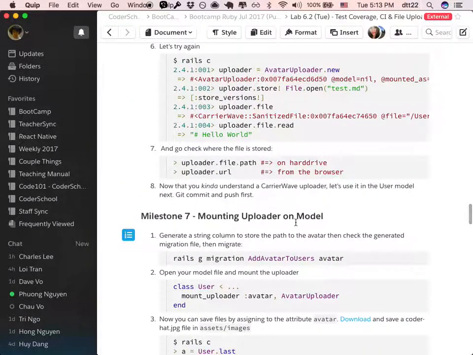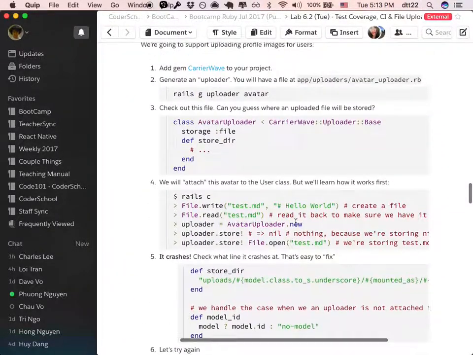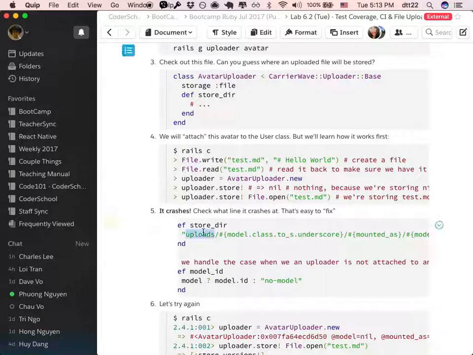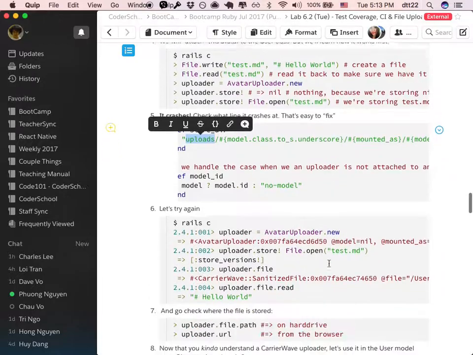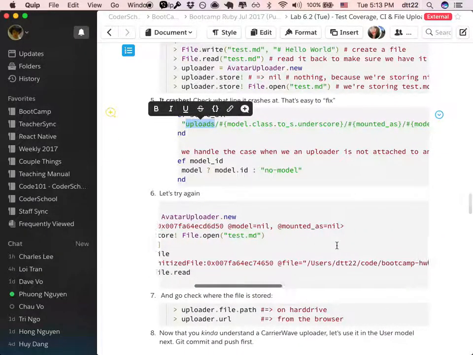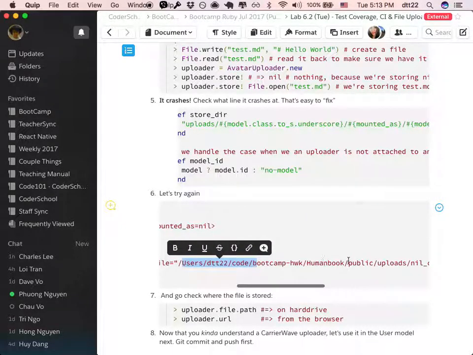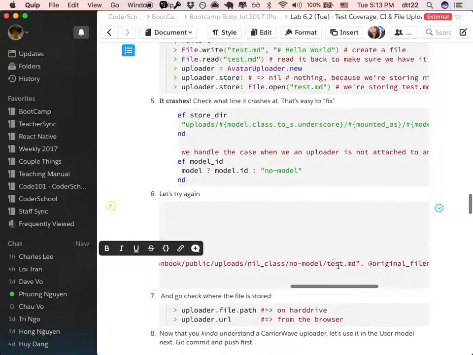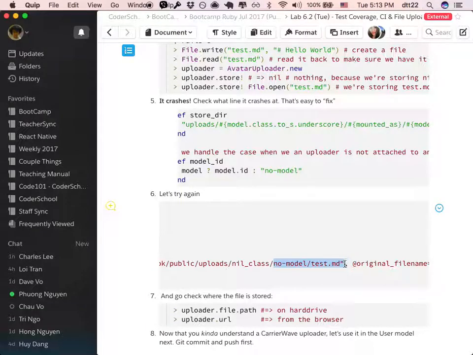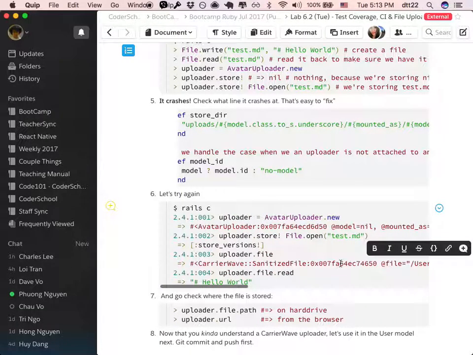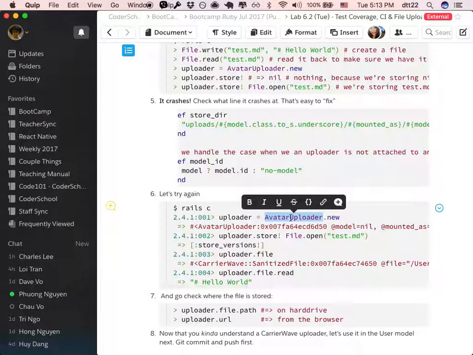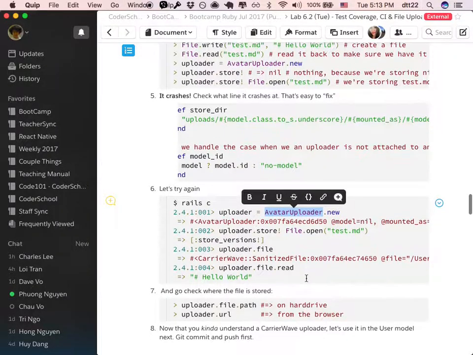Initially, we store it on our computer in this folder. It's the public folder /upload /blah blah blah here. So I give you guys an example over here. An uploaded file is saved here, you see? In your project public upload folder like that. Okay? So I want you to have some basic understanding of this avatar uploader. It can handle a file and can decide where to save. However,